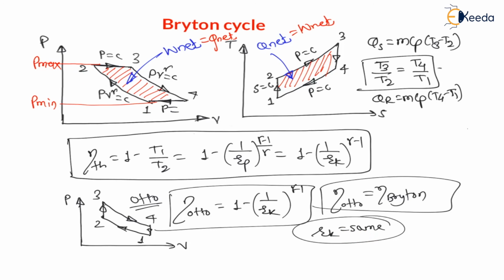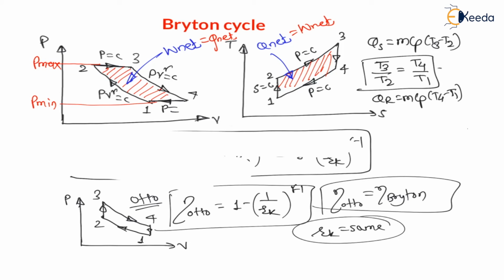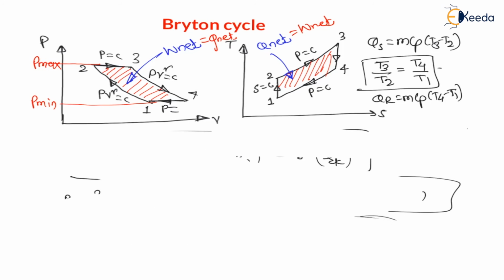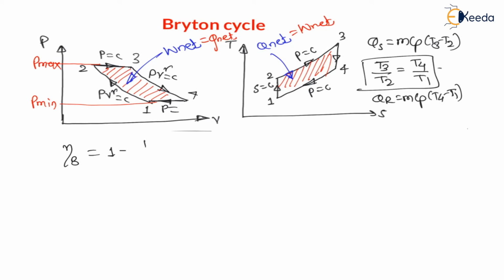But my dear students, the turbines are specified with the help of pressure ratio, because in turbine the maximum pressure divided by minimum pressure is called pressure ratio, and this pressure ratio is a parameter to define the turbine. So in terms of pressure ratio, what is the efficiency of Brayton cycle? So let us write down here the efficiency of Brayton cycle in terms of pressure ratio that already we have derived. This efficiency of Brayton is equal to 1 minus 1 upon Rp, pressure ratio, raised to gamma minus 1 upon gamma, right?